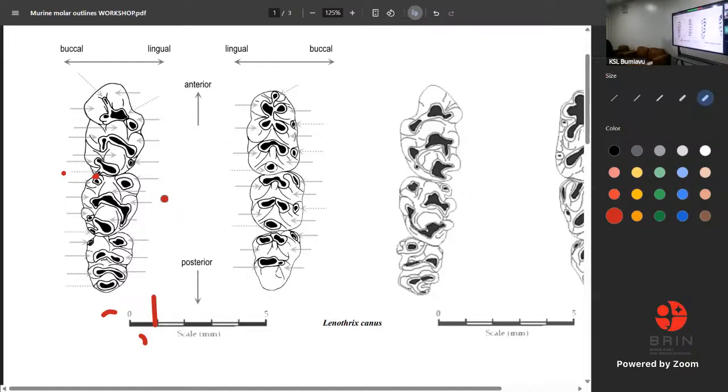And then we start from your side. This is the molar and this is the mandible. So for the mandible, you need to refer to